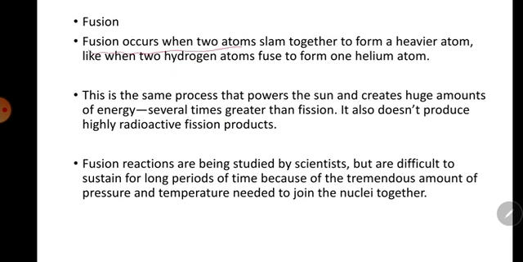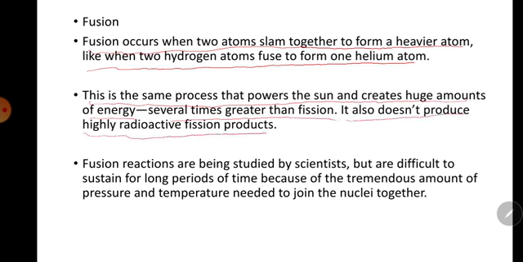A fusion reaction occurs when two atoms slam together to form a heavier atom, like when two hydrogen atoms fuse to form a helium atom. Deuterium, tritium, protium, deuterium. When it fuses, a heavier nucleus is formed. This is the same process that powers the sun and creates a huge amount of energy, several times greater than fission. It also does not produce